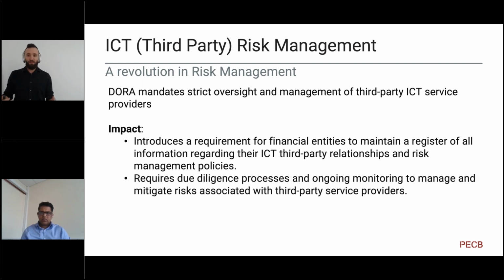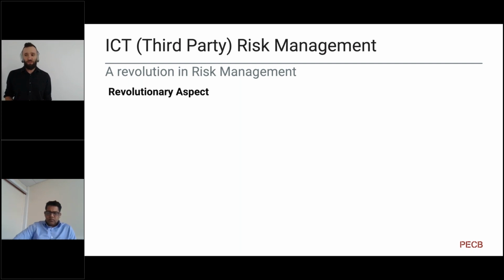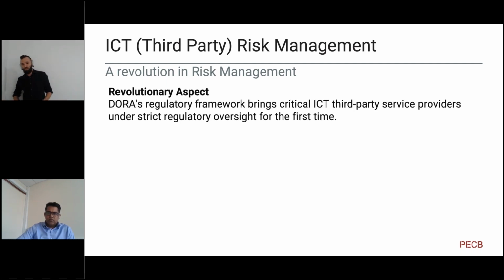And what does that mean? Why is it a revolution? Because there is a revolutionary aspect to it. The regulatory framework brings critical ICT third-party supplier services under strict regulatory oversight for the very first time, at least from my knowledge and experience. They will create the oversight framework and a lead overseer will be appointed in order to manage all those critical ICT suppliers. In that way, there is a big revolutionary aspect because